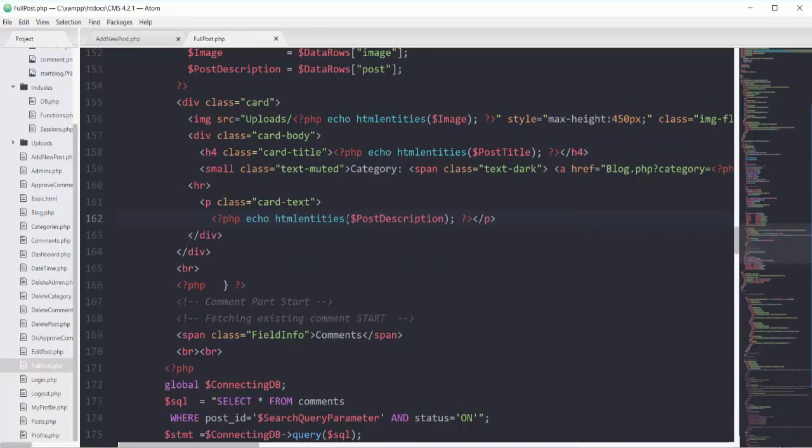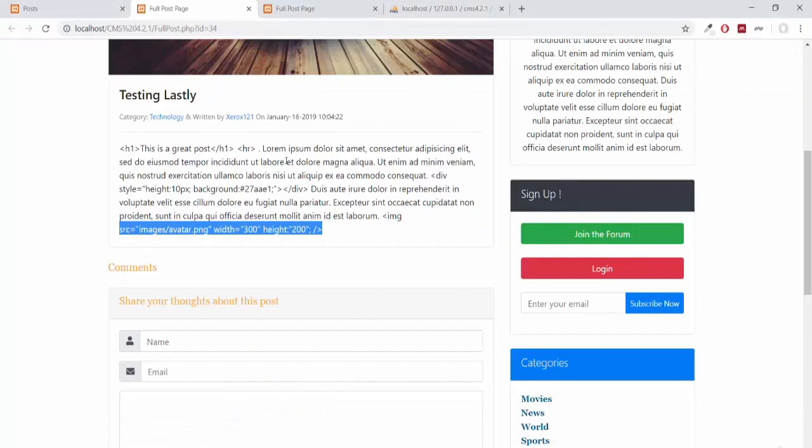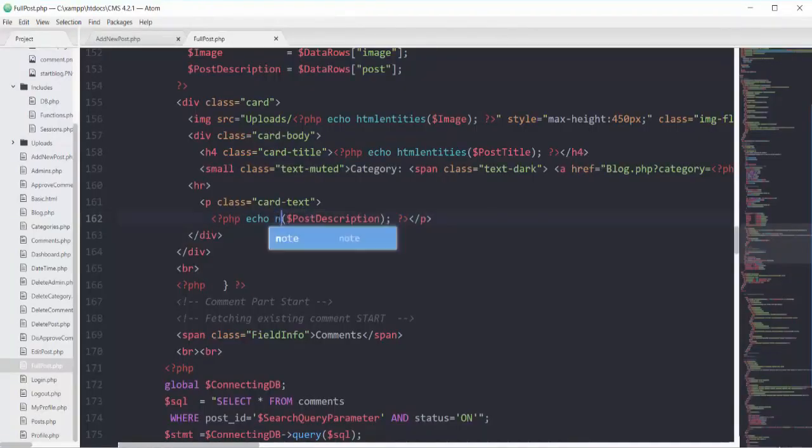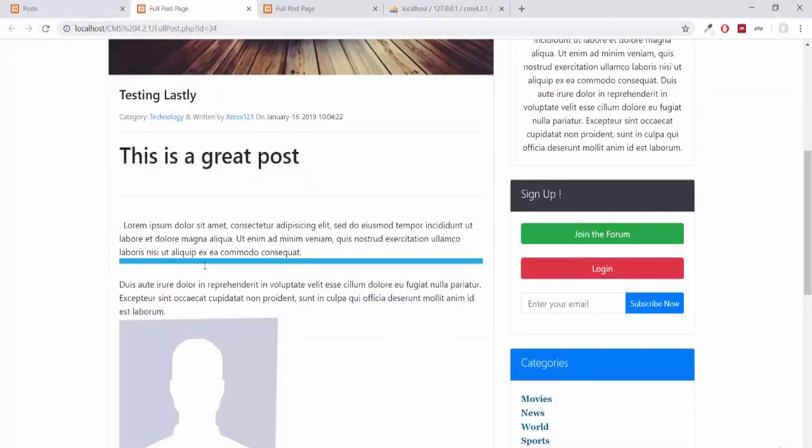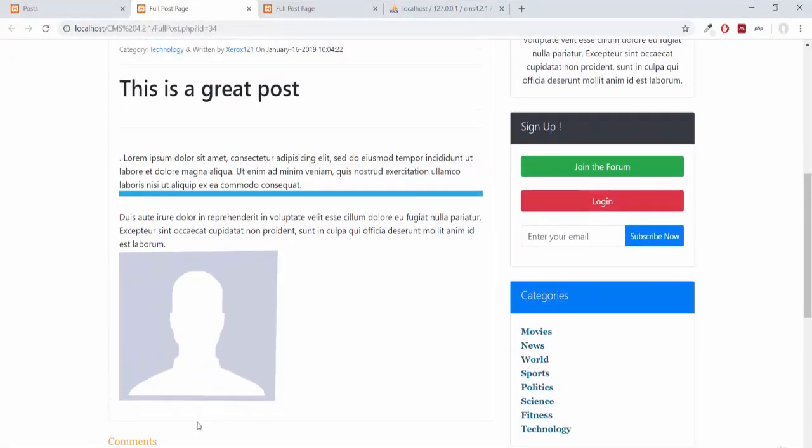So I applied the function of htmlentities, and I've said many times this function is going to help you not to break your HTML structure. So in case you want to break your HTML structure and you want to see the tags in a format, you have to add another function, that is nl2br. So if I save this, this function will try to find the HTML tags and CSS and convert them into the respective styles. So if I save this one and just refresh this page, see, now we have all the stylish content.